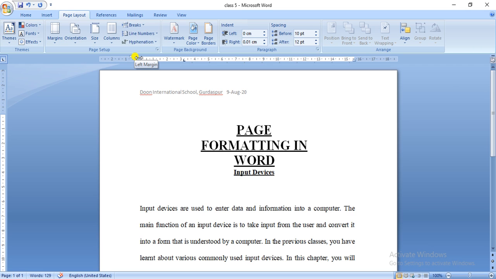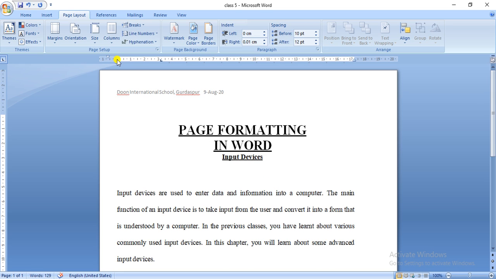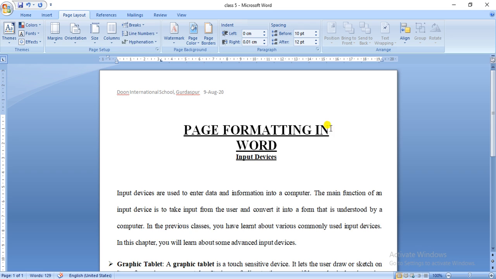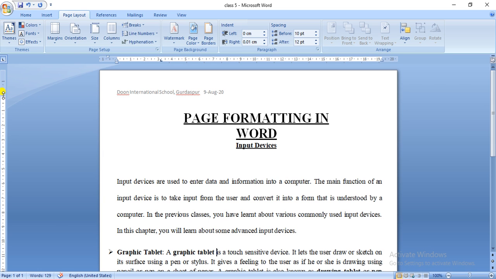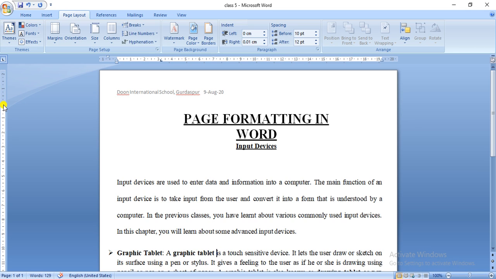Now for this you can click on the margin and place the pointer on any of the inward margins. So you can see there is an inward option present over here, and click on the mouse and drag it to the left side. Now you will see the margin have been set. For the right margin, click on this option and drag your pointer to the right hand side. So in this manner, I have changed my settings to left and right. In similar fashion, you can change the settings of top and bottom according to the ruler. So these are the three methods to change the margin settings.